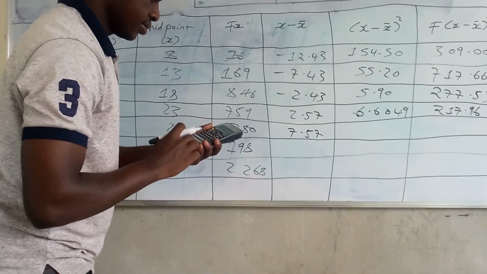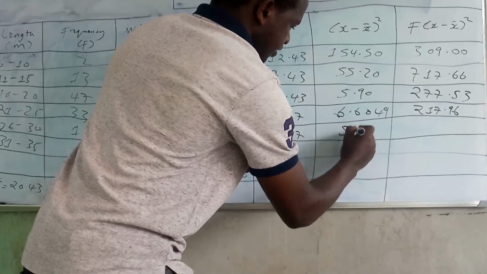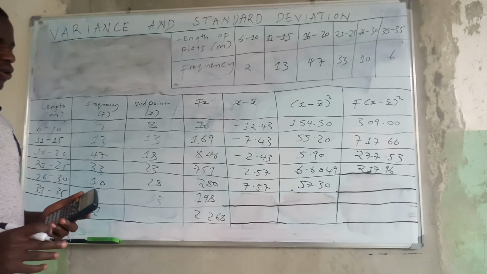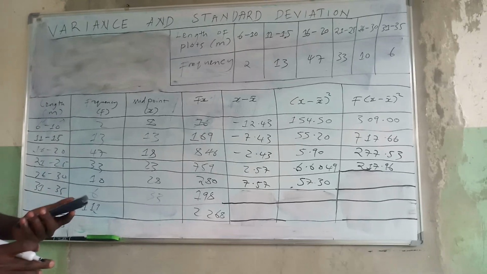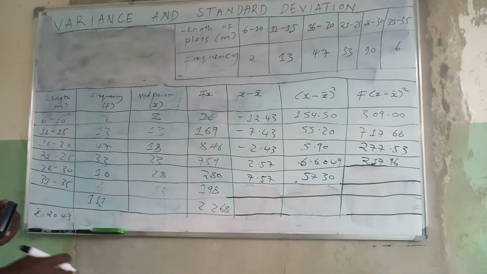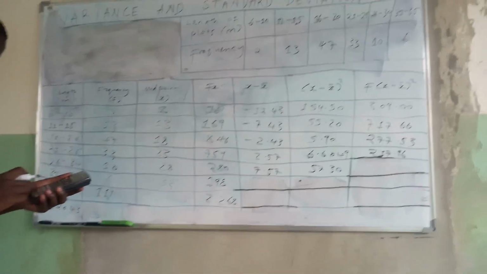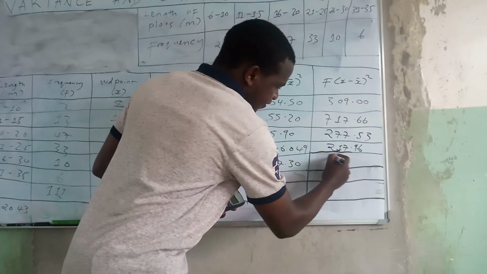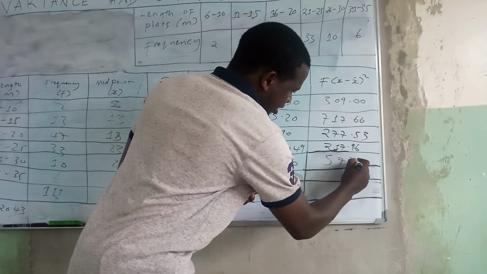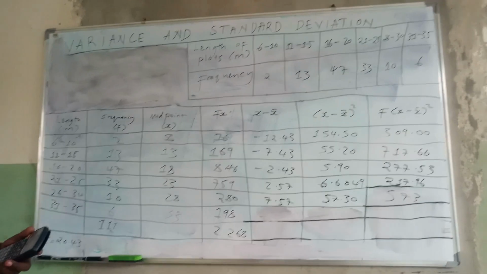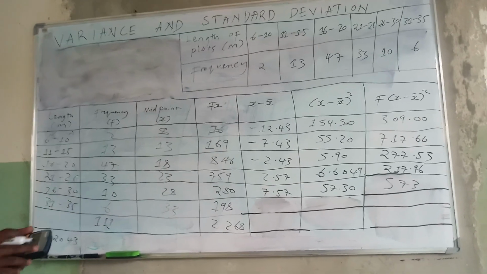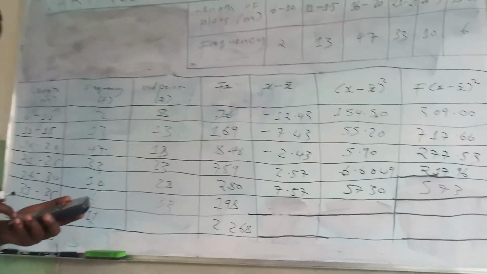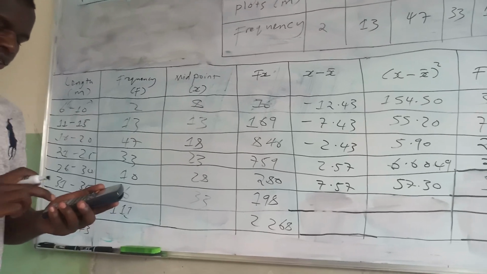Squared, I'm having 57.30. 57.30 multiplied by the frequency, which is 10, I'm having 573. For the next class interval, my midpoint is 33. So 33 minus 20.43